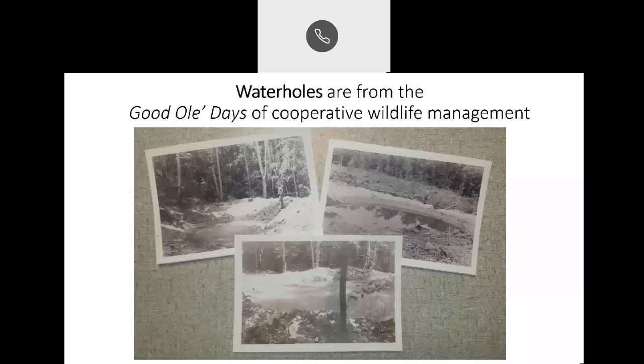So the wildlife water hole, and there are 3 historic photos here on the slide. This is a relic, really, of the post-World War II days of cooperative wildlife management. Animals were stocked, brought from distant places. We don't do that anymore. And these water holes were constructed. And they do have general function in the landscape for wildlife, but they are not vernal pools.